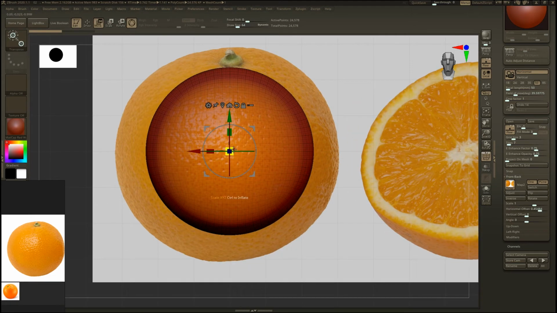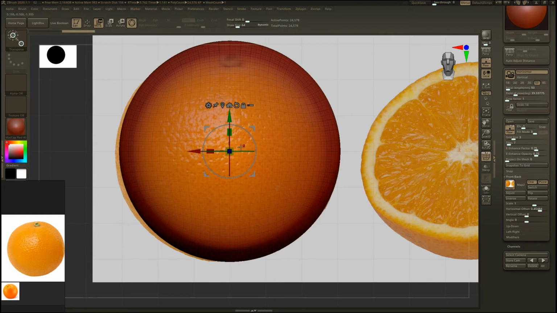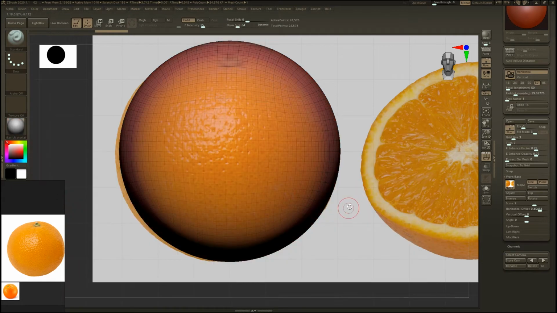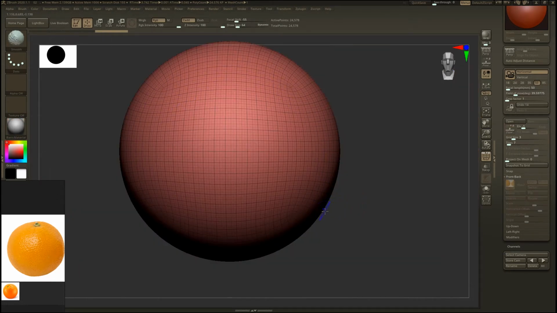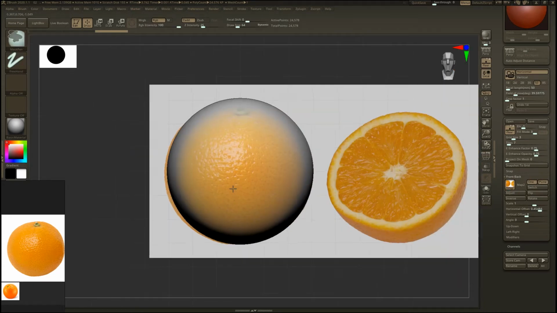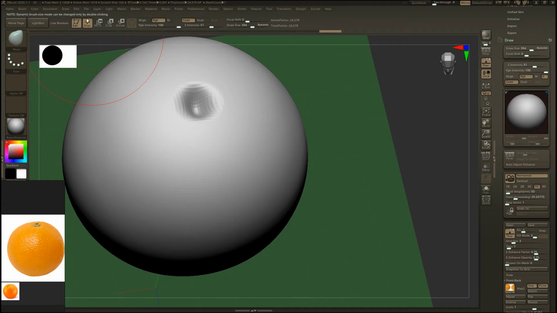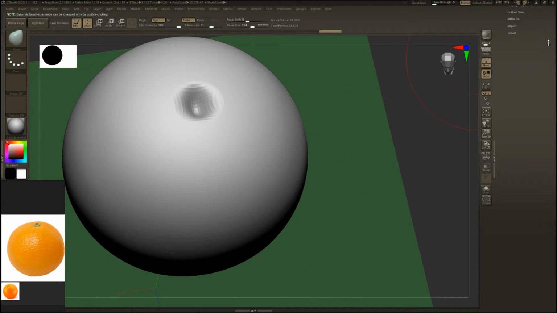Now pressing W and scaling it to match the reference. And choosing a grayscale material as I told in previous videos. But you see the Draw palette is open here, so just close it from here.